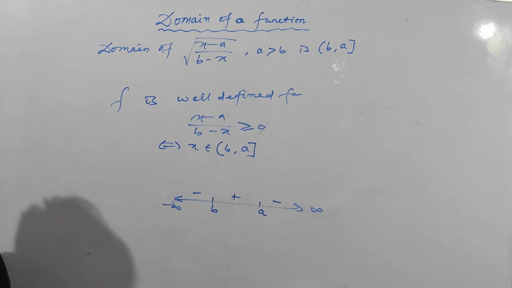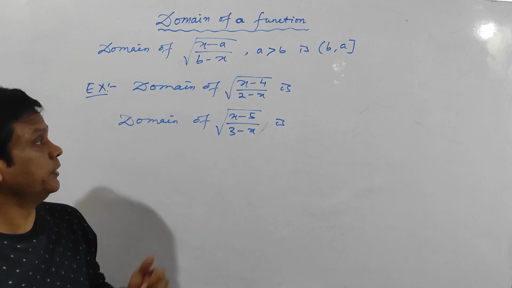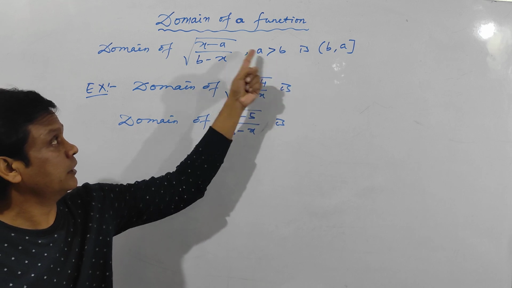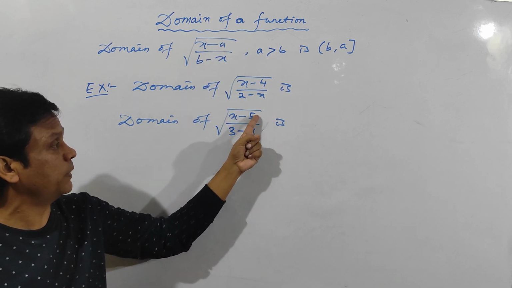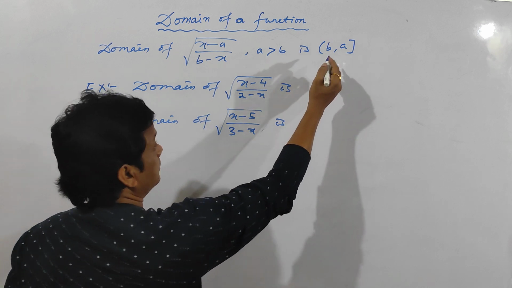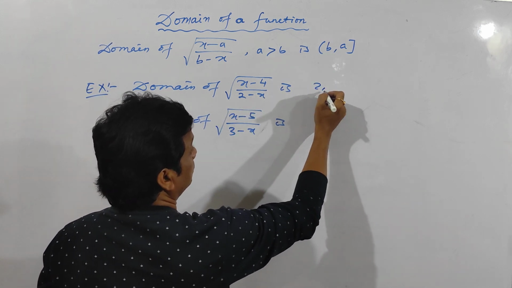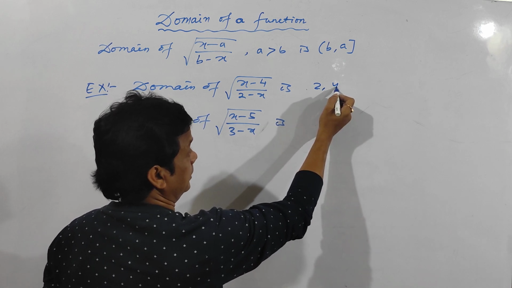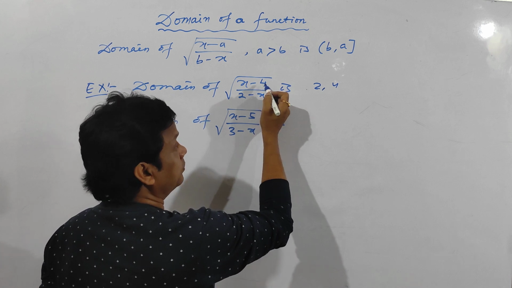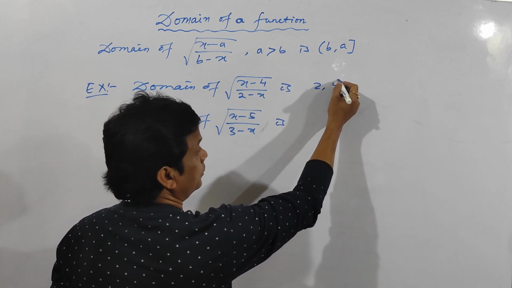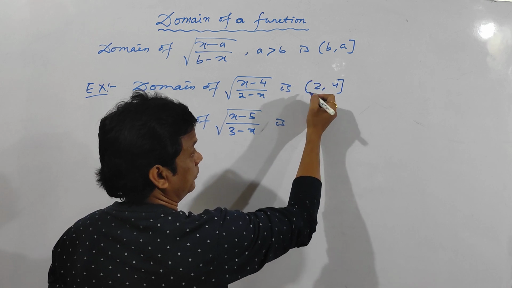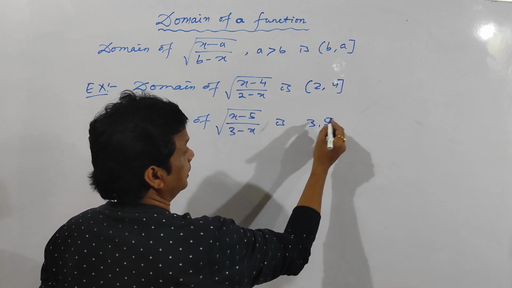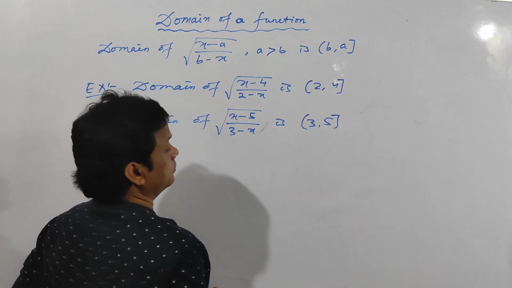Okay. See here, I have given two examples, and here the condition is that a should be greater than b. a is greater than b. So 4 is greater than 2, 5 is greater than 3. So here the answer is (b, a]. [b, a] means 2, 4. The smaller one should be written on the left hand side, the larger one should be written on the right hand side. And the term in the numerator should be enclosed with a closed bracket, and the other one should be open. So here 3, 5. 5 is in the numerator, so put a closed bracket here, here an open bracket.